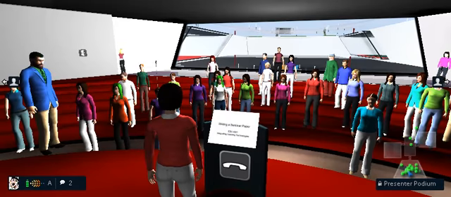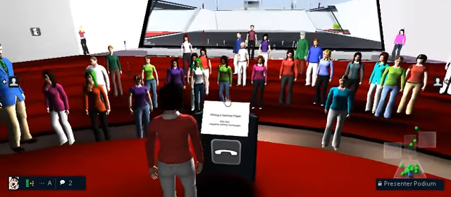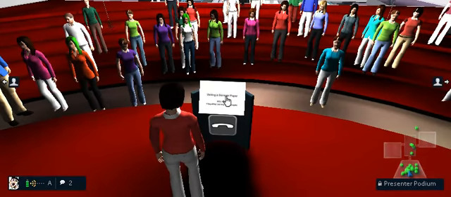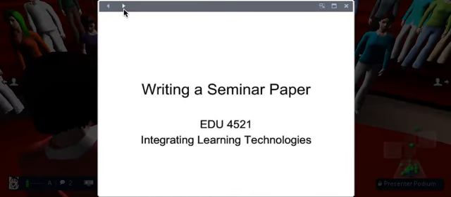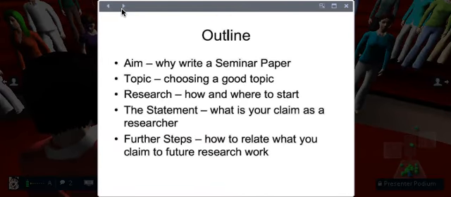as guidelines. But what exactly is a seminar paper, and what do I expect from you in terms of this seminar paper? So, okay, the outline of today's tutorial is to describe a little bit of our aim of why write a seminar paper. So what is the seminar paper and why would we choose to write it? Choosing a topic, so how would you choose a good topic for you from those 5 that are listed, or anything else that you might think might be more of benefit to yourselves and also to us.